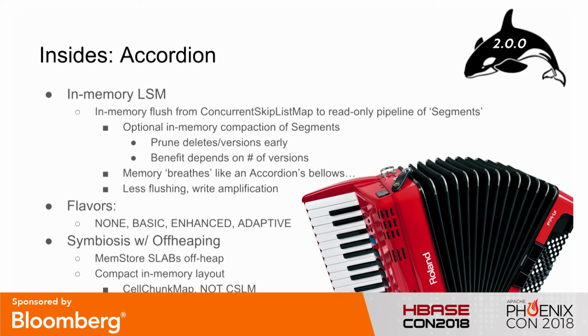Our brothers and sisters at Yahoo Israel wrote a nice feature in HBase whereby when you're writing into an HBase cluster, you write into the mem store. The mem store fills, and then it flushes out HFiles. The people at Yahoo Research in Israel wrote this feature called Accordion, whereby rather than flush to the disk, you flush to another area of memory. And so they